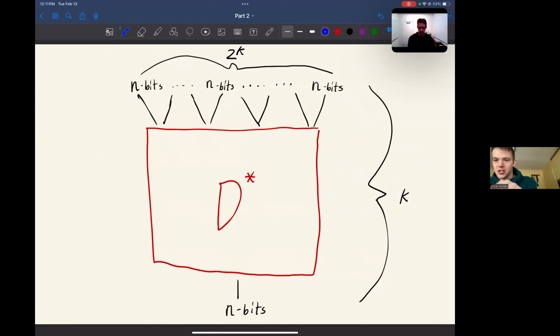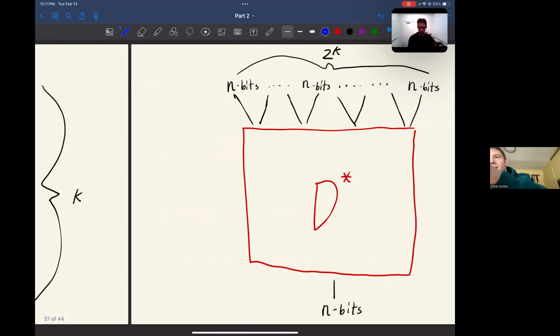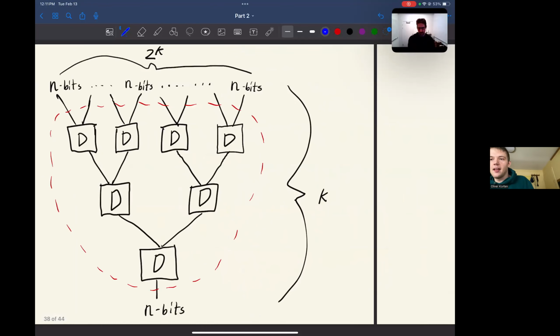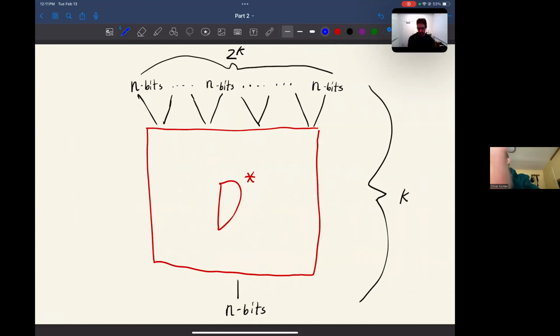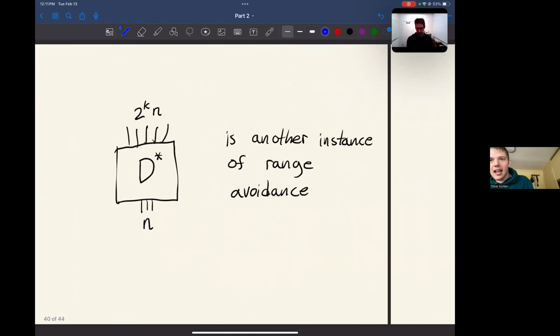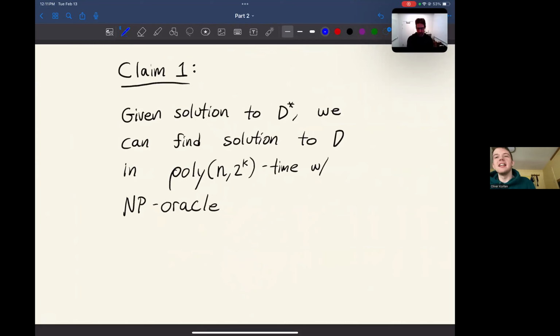Does this make sense? Here I feed in n bits, I feed it through the tree of depth k, and get 2^k times n bits at the very top. So I can think of this as another instance of range avoidance, and I'm calling that d star. I guess there should be a k also. So I take an instance of range avoidance and get this new instance d star. We're just going to make two observations about this: the solution to range avoidance for this d star, I can convert into a solution for the original d, in time that's polynomial in n times 2 to the k, where k was